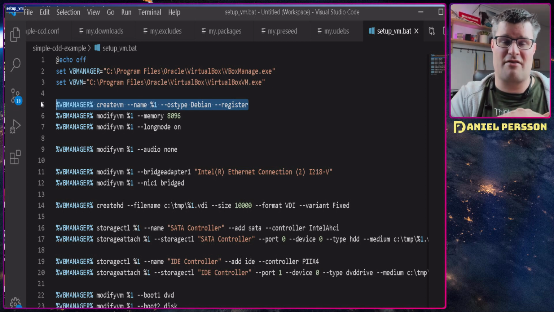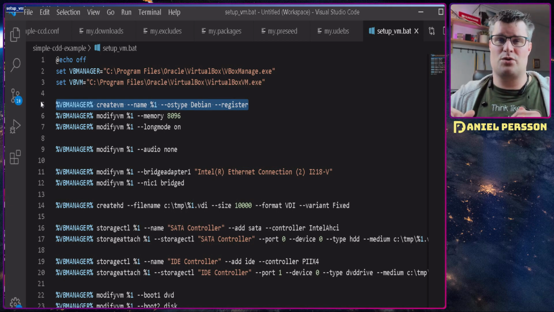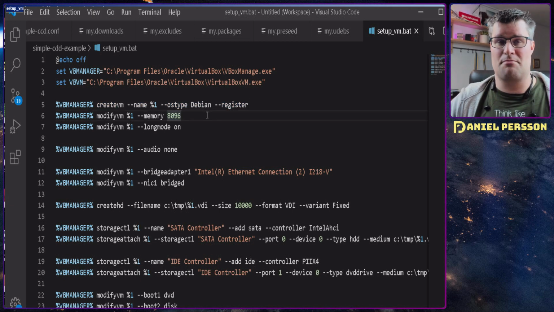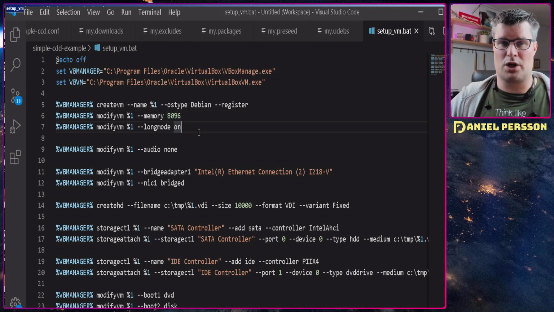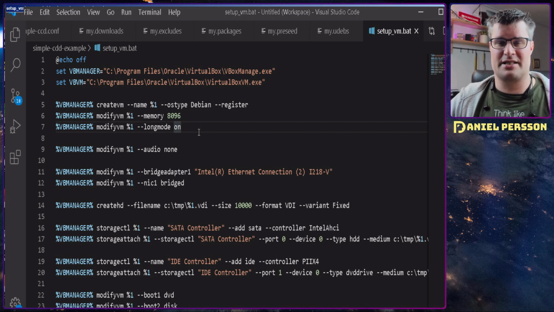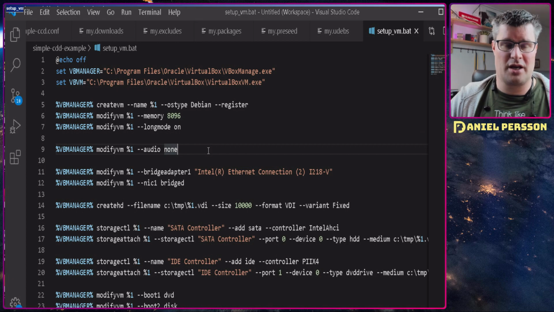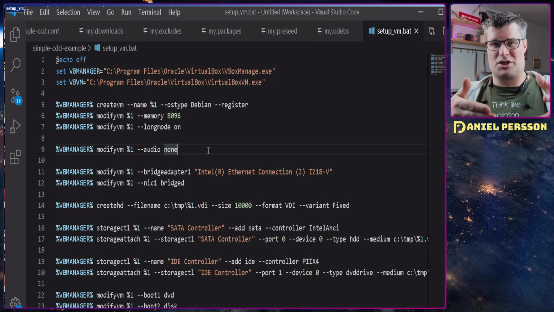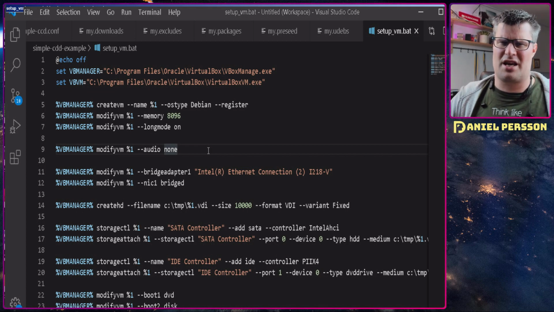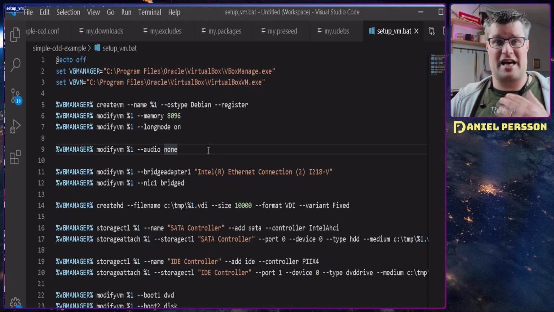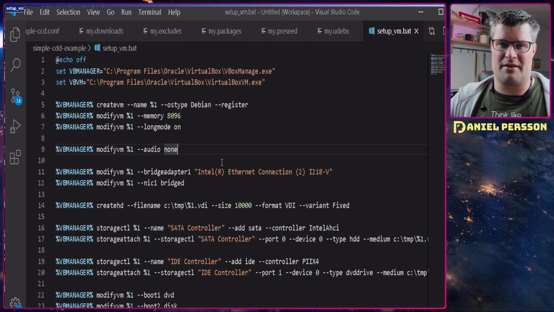So now we have a VM, and then I want to do some configuration of it. I want to set the memory to 8 gigabytes. I want to use long mode, so it will actually set 64 bits environment. I want to turn off the audio. I have never run any audio on any VirtualBox server environment. I don't think I have run any audio on any VirtualBox environment. It can be a bit of a hassle and actually be really bad to have audio in those kind of